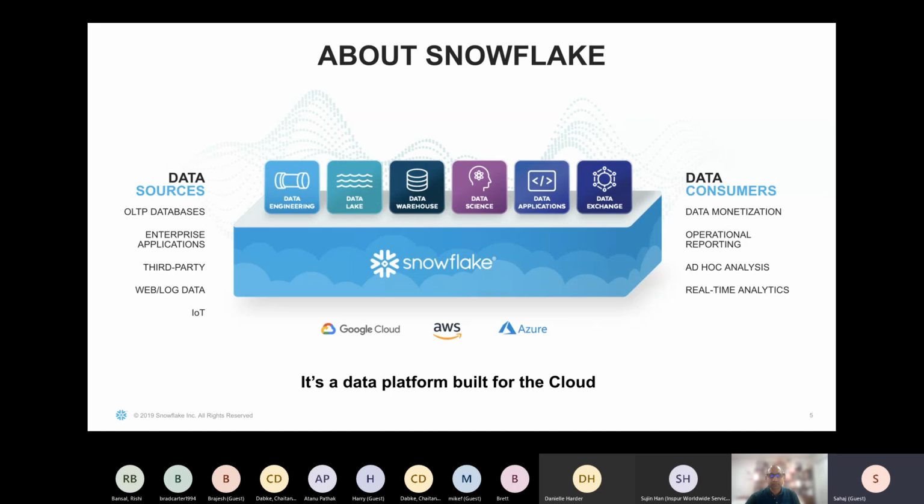They have their transactional databases. They have enterprise applications. They have, for example, Salesforce and other CRM systems. They have data from their suppliers and partners. They have data from their websites and logs and Internet of Things. So all of these data sets